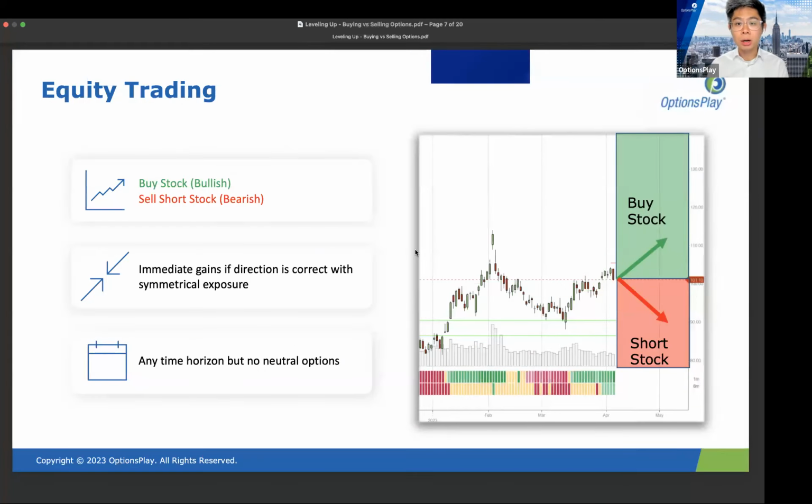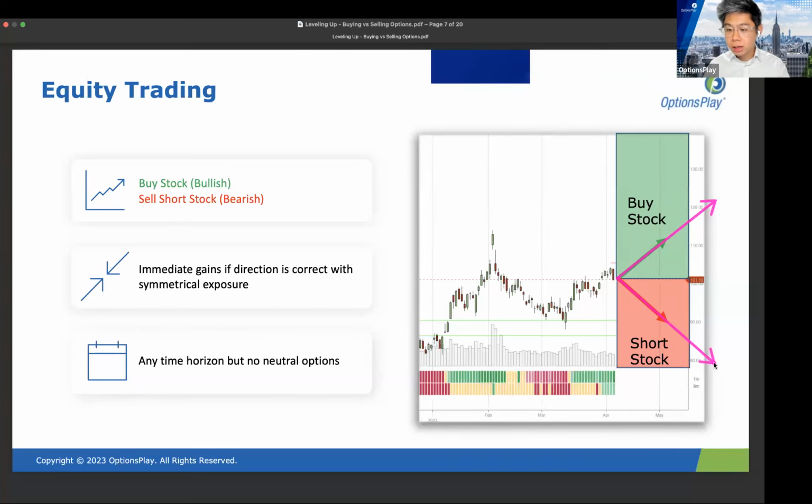So let's start off by talking about equity trading, because most of you here have at least some familiarity, whether you're brand new to options trading or just starting out, with equities trading or stock trading. And the most important thing to remember with stock trading is that you have what we call symmetrical exposure. What that means is that if you buy a stock, how much you make is completely symmetrical to how much